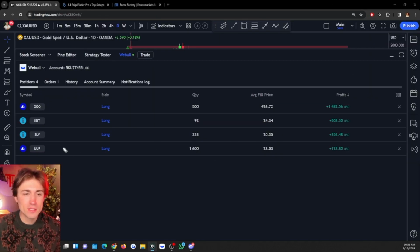Here's some of my current positions. I'm long silver, Bitcoin, the Nasdaq, and the dollar. These are some of my ETFs that I am currently long on WeBull, which I'm able to trade directly on